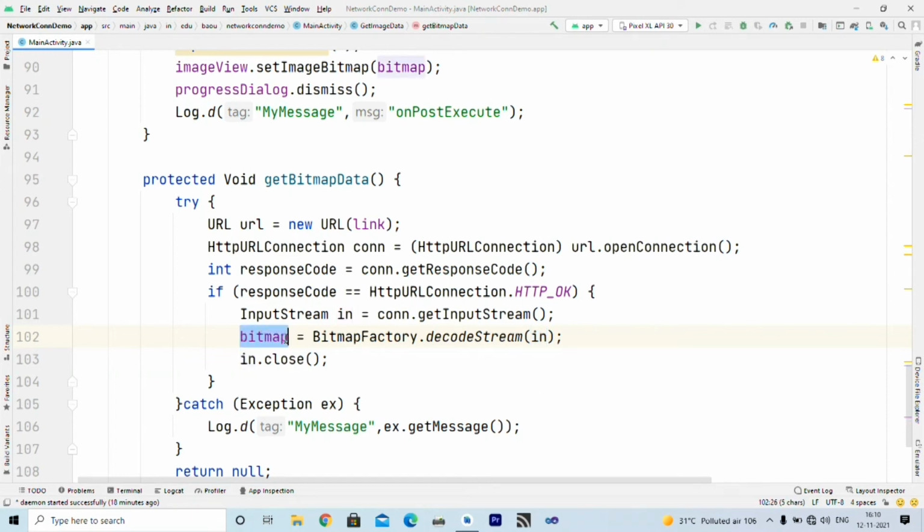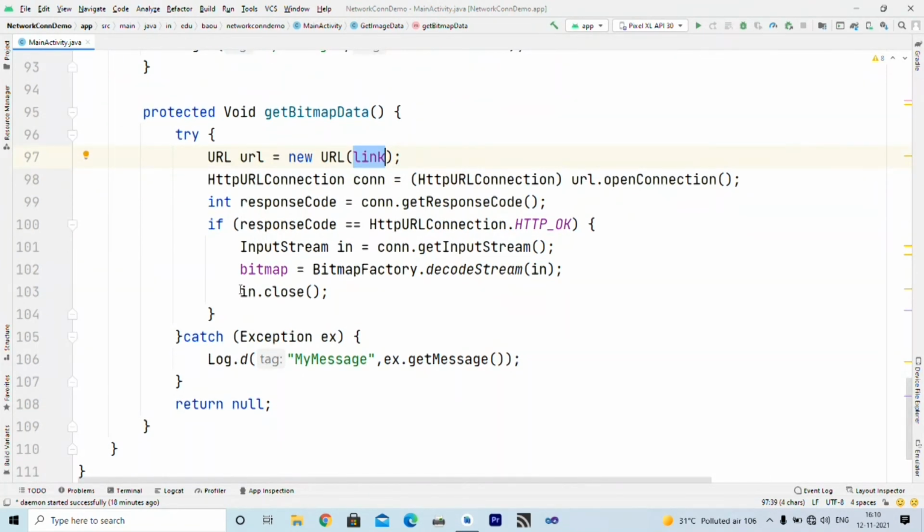So inside bitmap we will get that image which is represented by this link, right? And finally we will close this input stream.